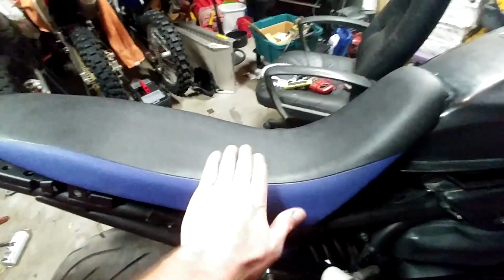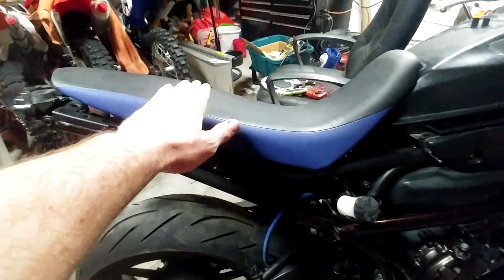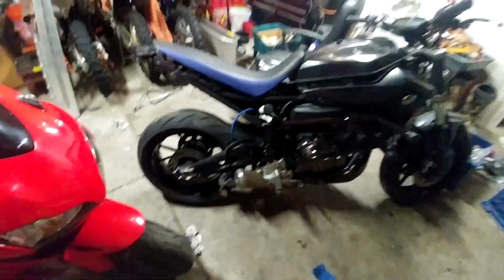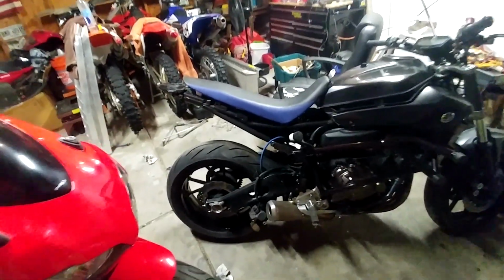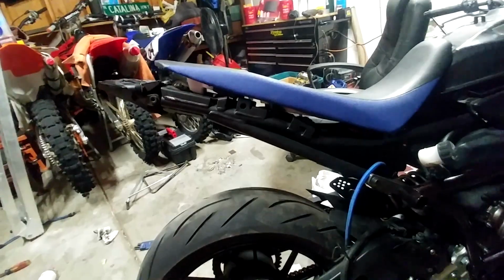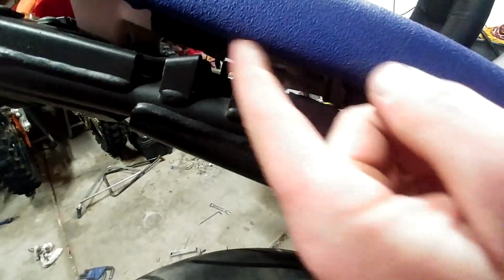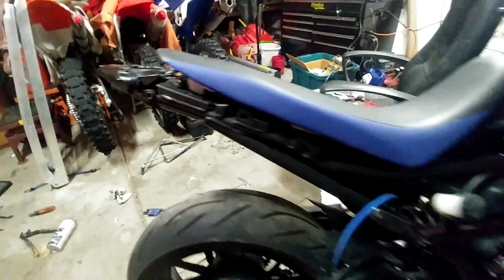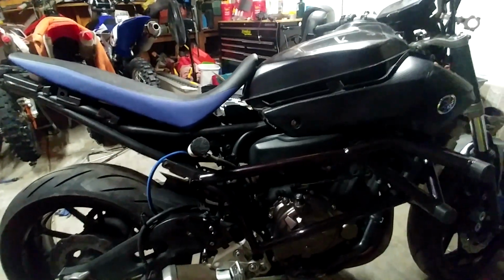I wanted to shave it to make it a little deep right there. And then I planned on adding a hump to try to lock my butt in, but that's what's going on right there. It matches the frame line pretty well, actually. You can see these brackets back here trying to stop it from going down, but I'm working on that already. So before it was hitting right here, but I just notched out the plastic right there and it's clear there now. The main thing